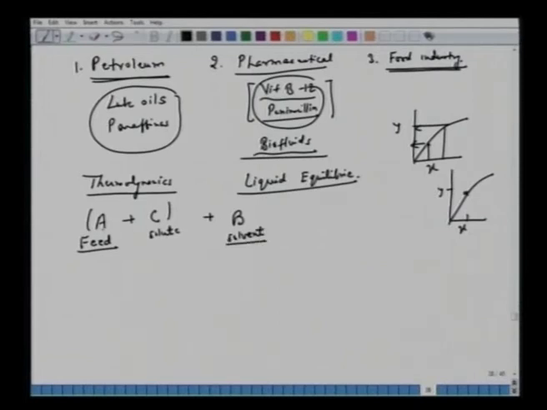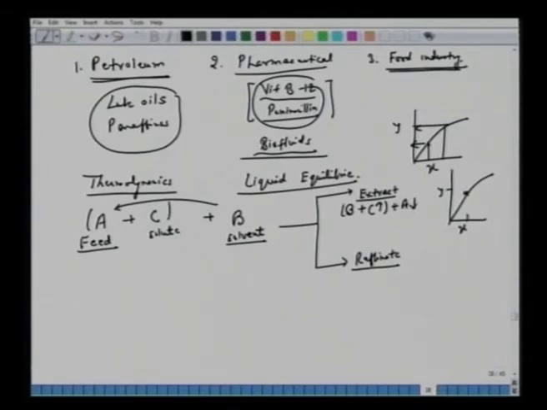All right. B is immiscible or partially soluble in A. We have this mixing, then settling. We separate as two phases, two immiscible liquids, extract and raffinate, but both of them are ternary mixtures, unlike the binary mixtures we have handled. So here we will extract B plus C, a very large amount of C and a small amount of A. In this case you will expect the feed to have a small amount of C and some small amount of B as well. All right.